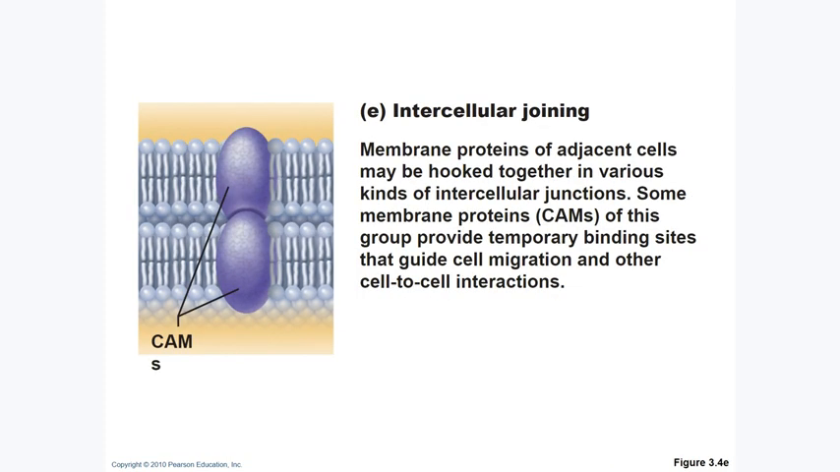We also have cellular joining. So these are membrane proteins that connect to adjacent cells by hooking together in various forms of intercellular junction. Some membrane proteins, called CAMs, provide temporary binding sites that guide cell migration and other cell to cell interactions. Some are permanent, and that's where you get those tight junctions and gap junctions, and that interlocking with the